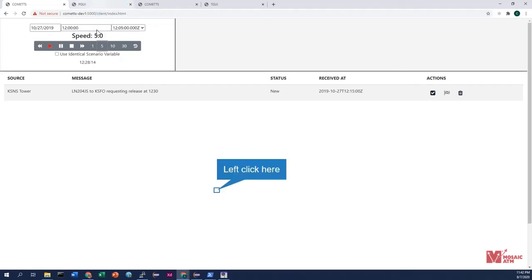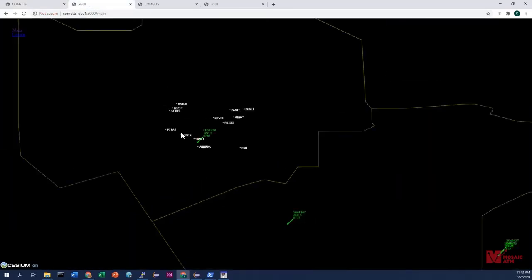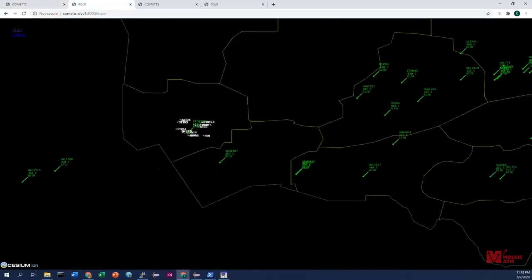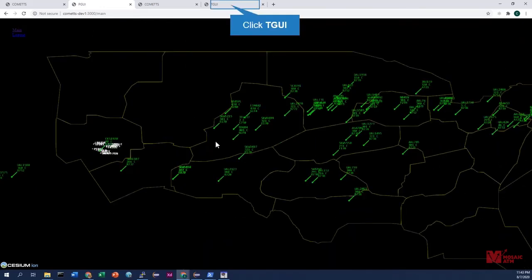We have a PGUI display that allows us to see the traffic. This is the emulation of the TBFM PGUI display, but we're also showing traffic across the entire NAS so that we can get a visual of the entire scenario. 1200 GMT is obviously very early in San Francisco, but this is exactly the time that the facility would be starting to coordinate with the command center towards figuring out the need for a ground delay program